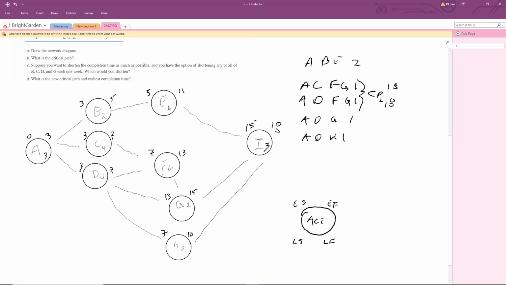Okay, suppose you want to shorten the completion time as much as possible. Okay, before we do that, let's finish our analysis. So now we have to go through and we have to look at the late finish, late start. And I said them on purpose because we're working backwards through the net. Okay, so it says the late finish here, there's no slack time at all to get through our entire proposal to our customer here. So we drop the finish time from the early finish down to the late finish. We can't end any later than 18 or we're going to be behind. So we drop that down to the late finish. And now we start working back through the network. So 18 minus 3 is 15. Okay? So we don't have to finish E until the 15th week, or G,